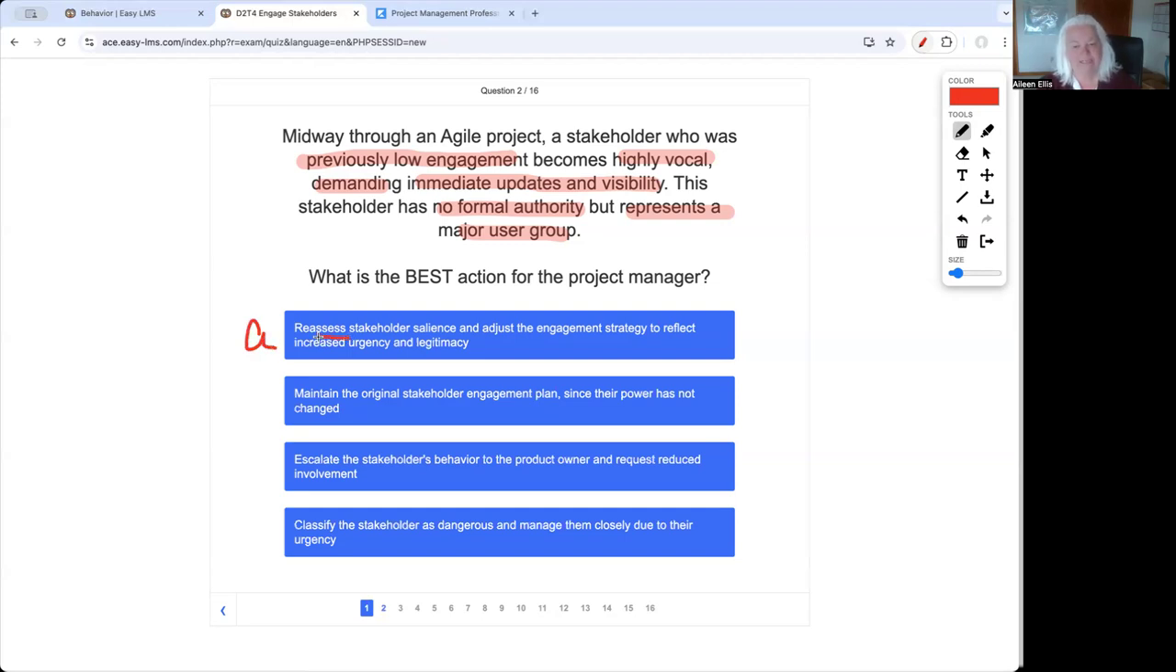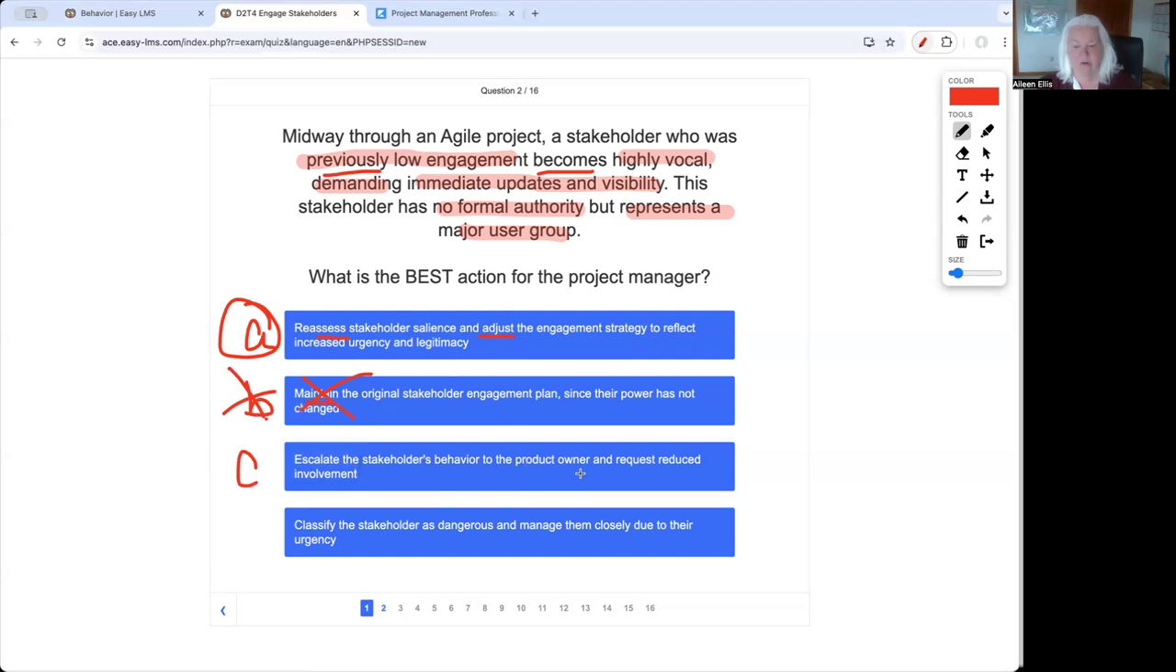A says reassess and adjust. When you get a situation where you have one thing and now you have something else, usually the best answer is to reassess. Let's keep going. Maintain. No, we don't want to maintain the original plan because this stakeholder has changed. Let's go to C, escalate